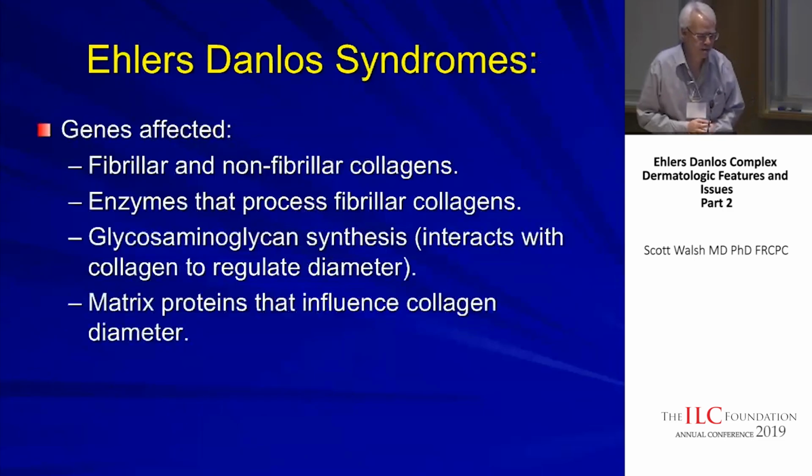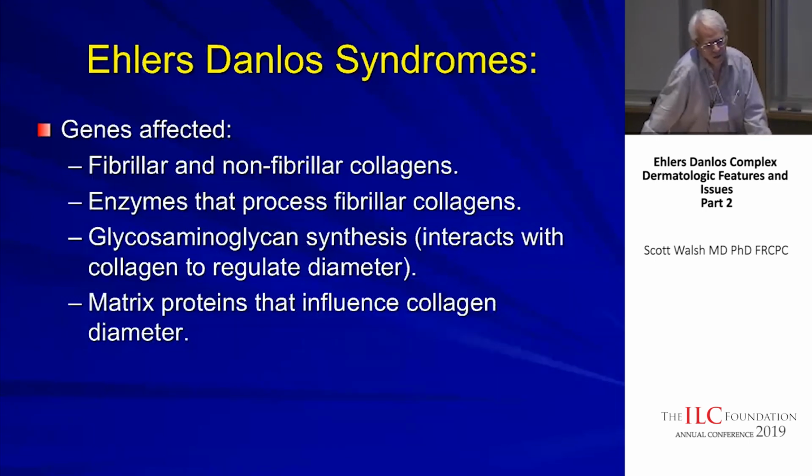So Ehlers-Danlos syndrome involves fibrillar and non-fibrillar collagens, so collagen 1, 3, 5, collagen 12, which was one of those non-fibrillar collagens, and enzymes that process the collagen within the cell or outside of the cell. All of these proteoglycans, or proteins with sugars, link the collagen and the elastin together. And so this is where we're probably going to find the majority of hypermobile spectrum disorder genes lie, because there